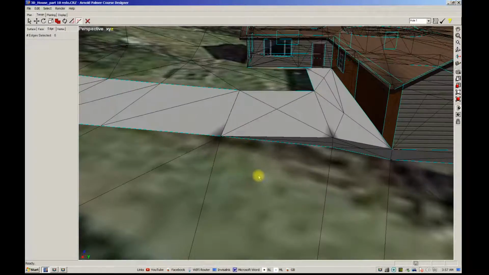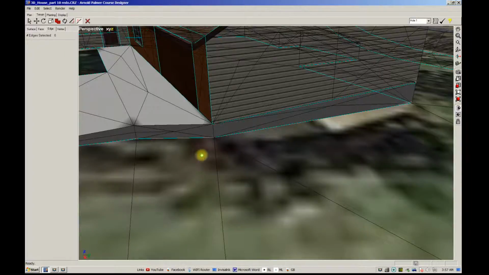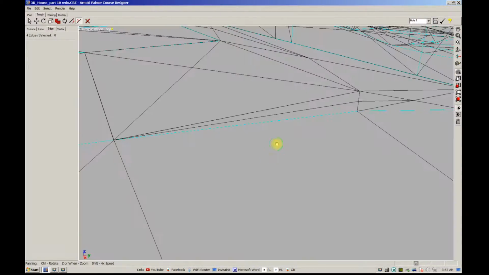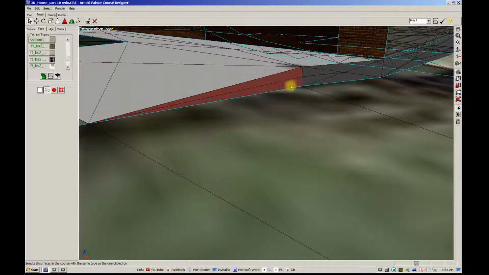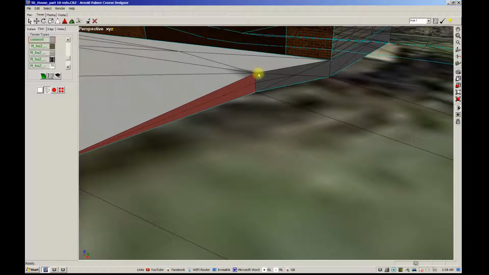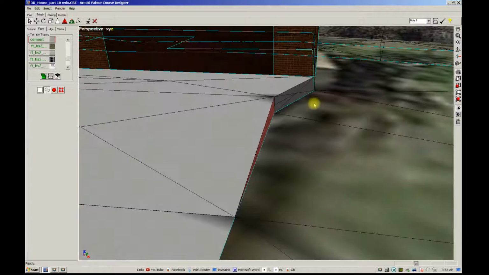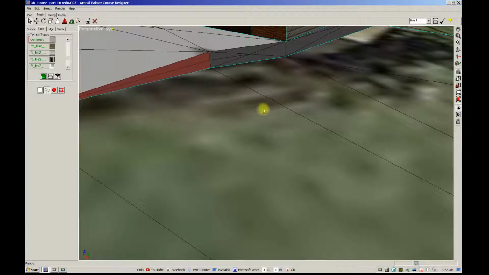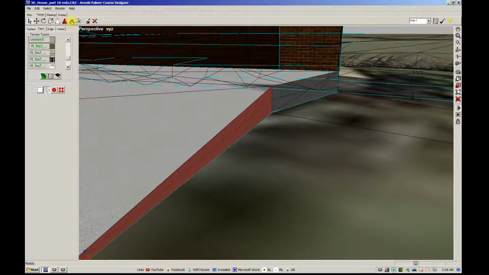Now I need to start highlighting each panel and deleting it. So I'll just start right here on this side and work my way all the way around the house, and then I'll do the top section last. So I'll select face and drag select. Now I can't go around these corners. You've got to do every completely flat panel individually. And when they're joined together and bent, they're not flat panels. So I'll just do this one little piece, and I'll select E for extrude,